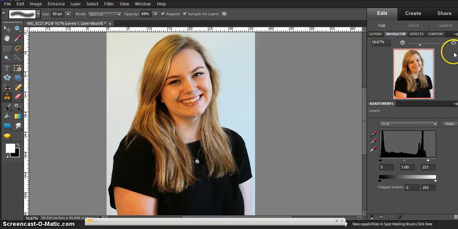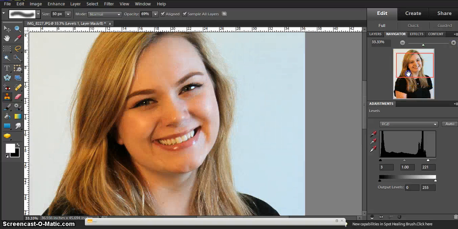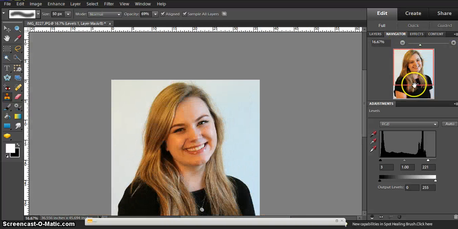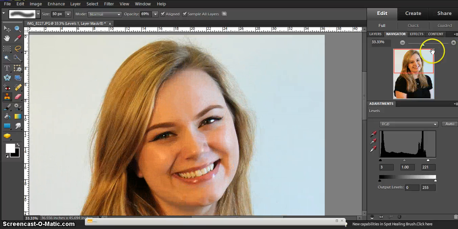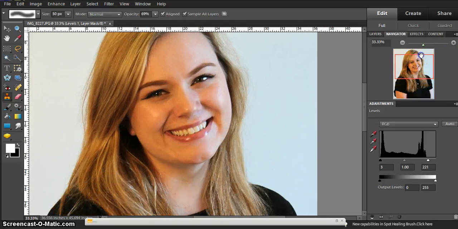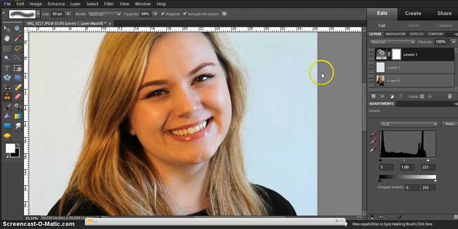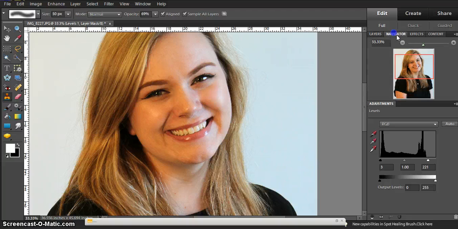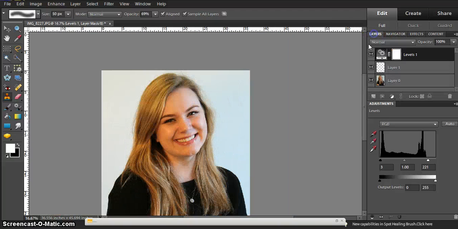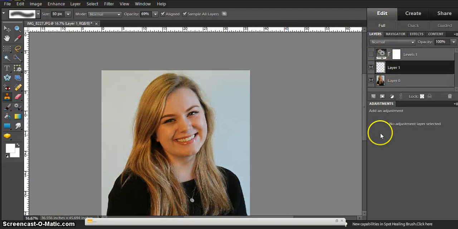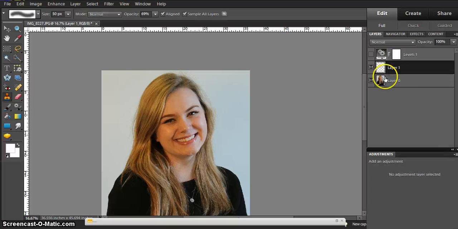Another last thing that I do sometimes, I don't always do this because it's usually not necessary, but sometimes if someone's skin is really rough or porous, and it's not something that you want to fix with the clone stamp tool or the blemish tool, but just something that kind of looks weird, what I usually do for that is, I'll turn this off for now, pretend we haven't done that yet. You have to do the levels adjustment last. So a thing that I'll do is I'll just